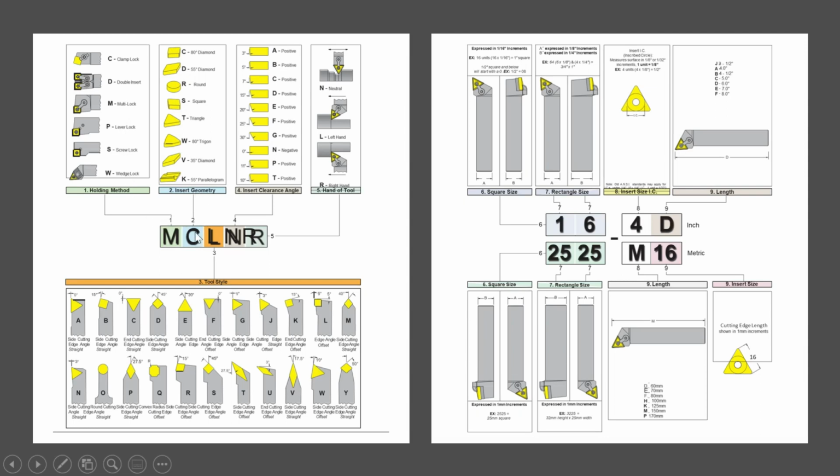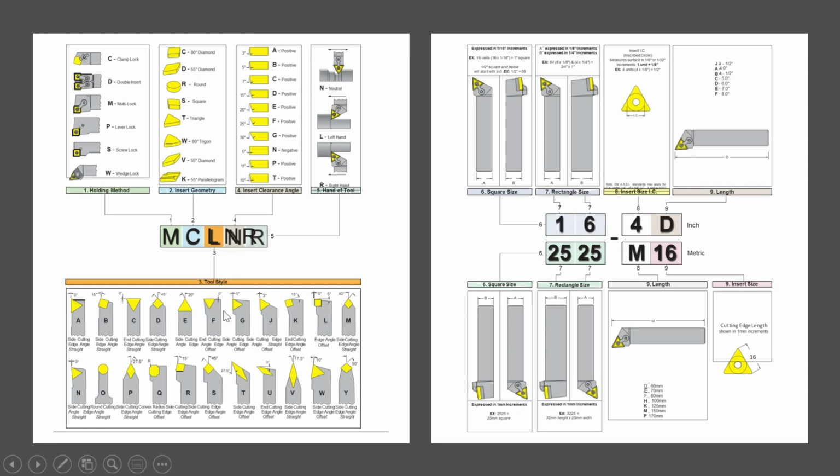Then second is the insert geometry, the type of insert used. Round, square. This is similar to the first character of the insert designation. Then the third character is the tool style.